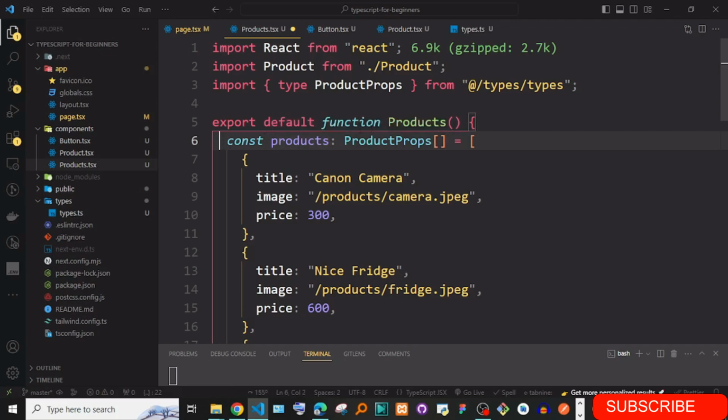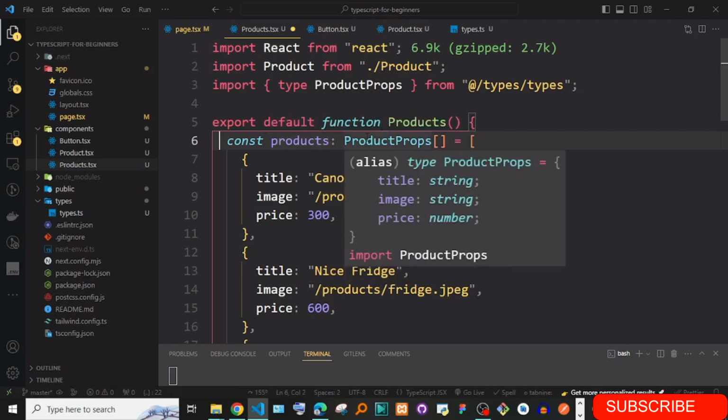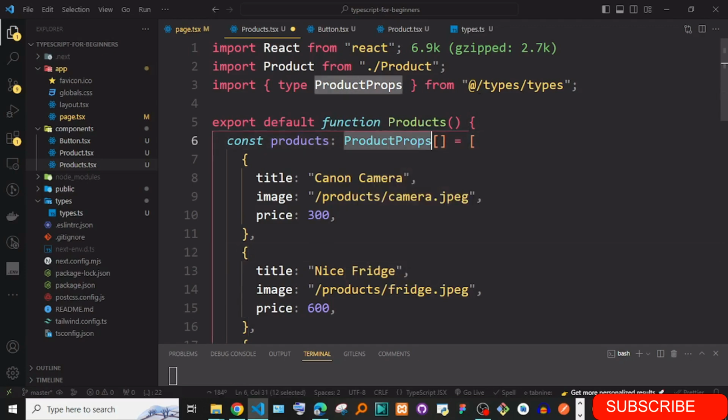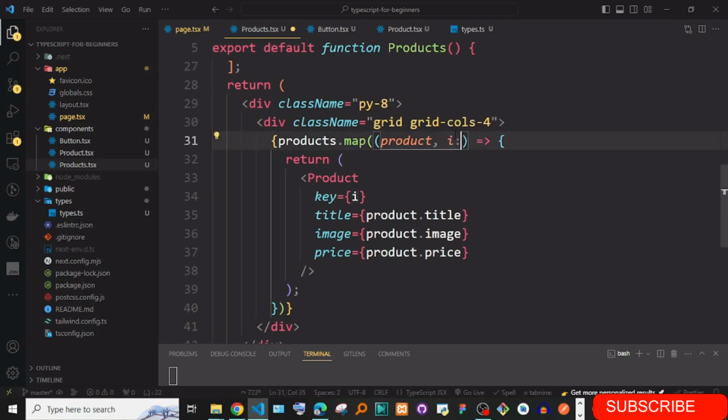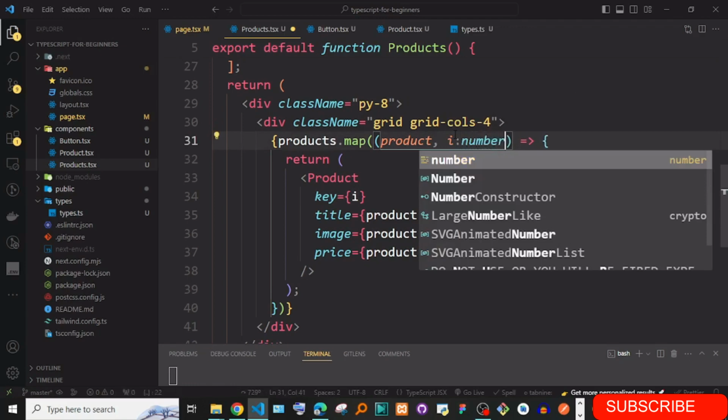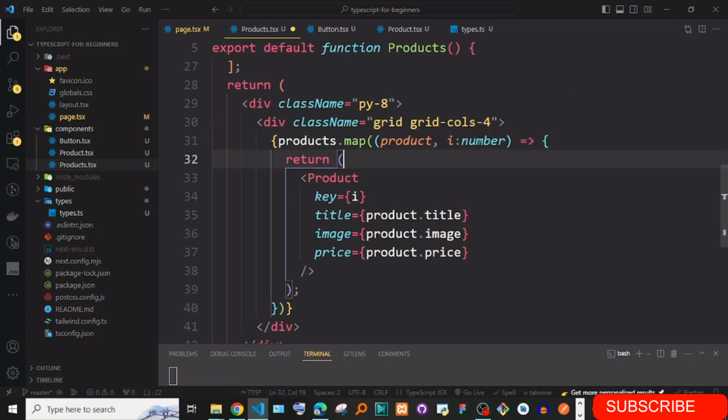Okay, so after annotating like this, you can see that now it is taking type product props, and this now annotates directly in here. Okay, now even this one, they're assuming it to be a number, and it's good that you can just go ahead and show this is a number. Now in some instances, this one can be any, depending on your TypeScript